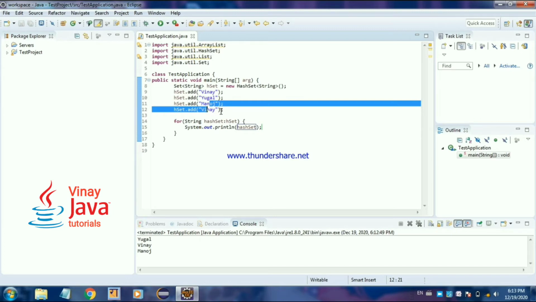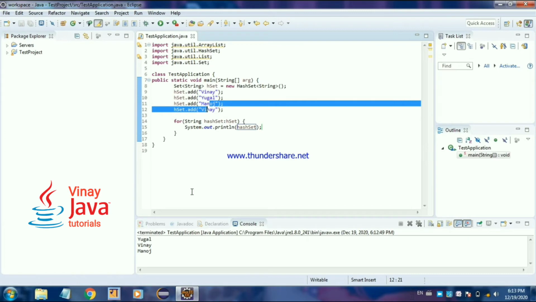Why, friends? Because hash set internally uses hash map, which I also told you in the video, that it checks whether the element is added in the hash map or not. So that's why internally it checks for the duplicate element, so it does not print Vinay 2 times. It printed only 1 time.